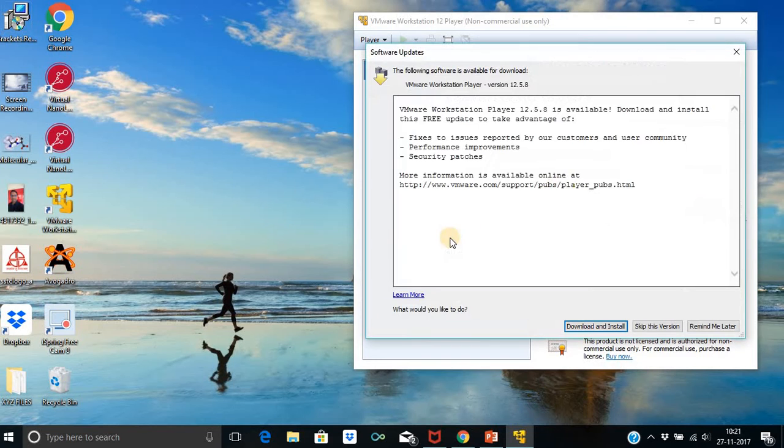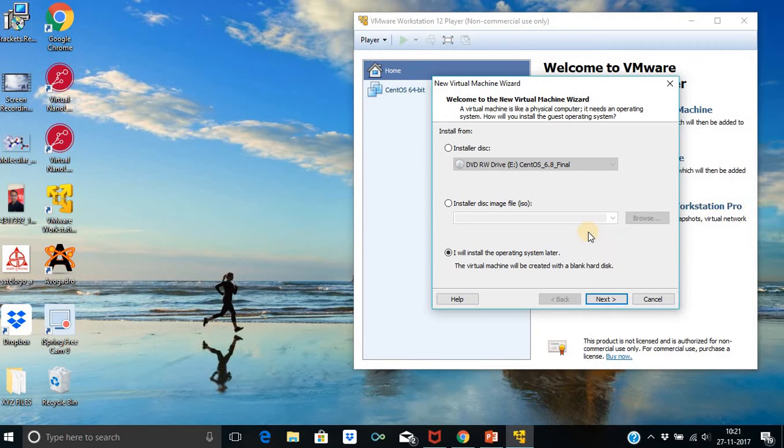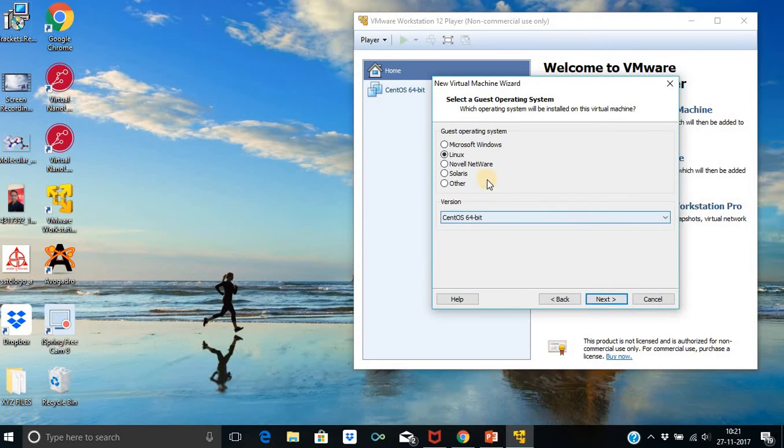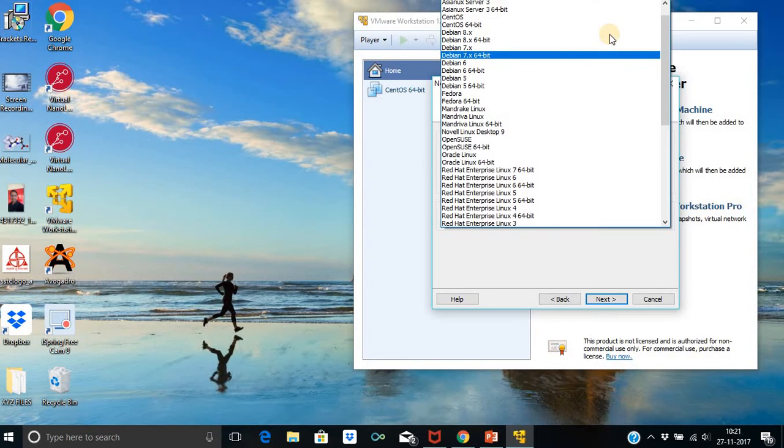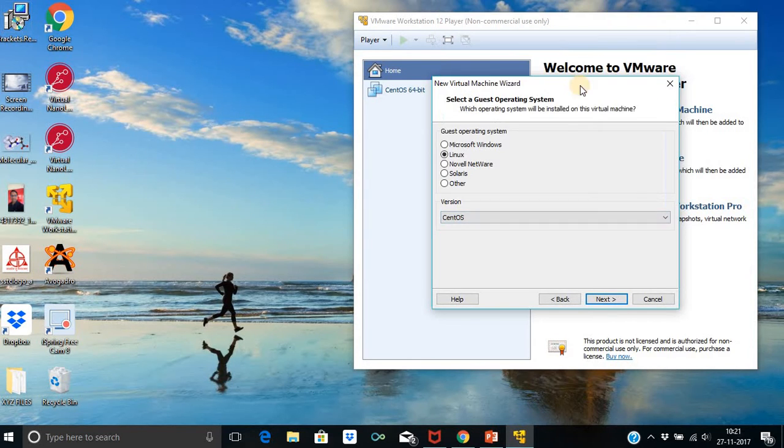We have to choose this to take complete packages in CentOS. I'm using Linux, so here I will change this to CentOS, CentOS 64-bit, so CentOS only.